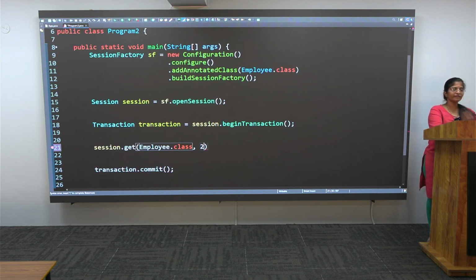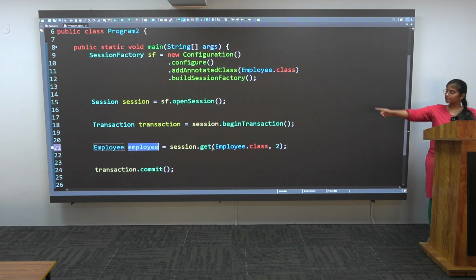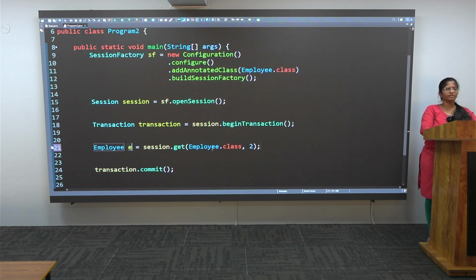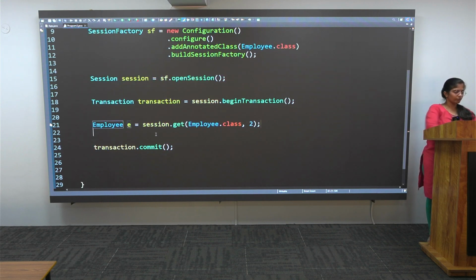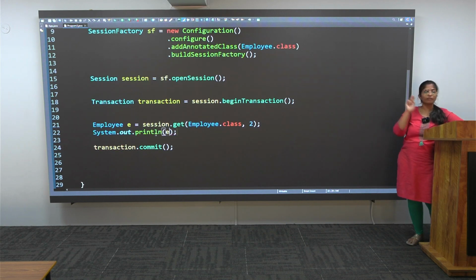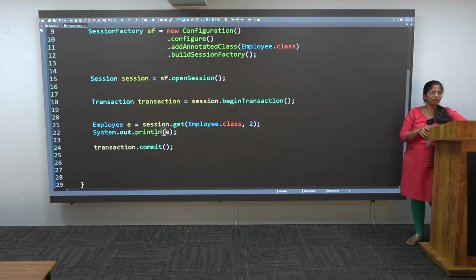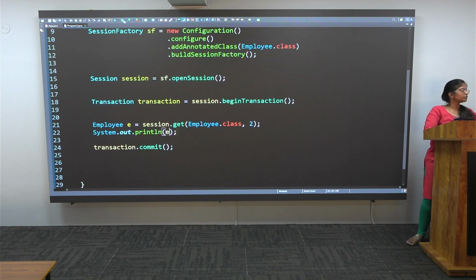Whatever it returns, I will collect it. I told you what it returns: an employee object, which I will collect over here. You can clearly see the type it is giving is Employee itself. Now if I were to execute this code and print the value of employee, it should print the details of the employee whose ID is 2. Now if I were to execute,